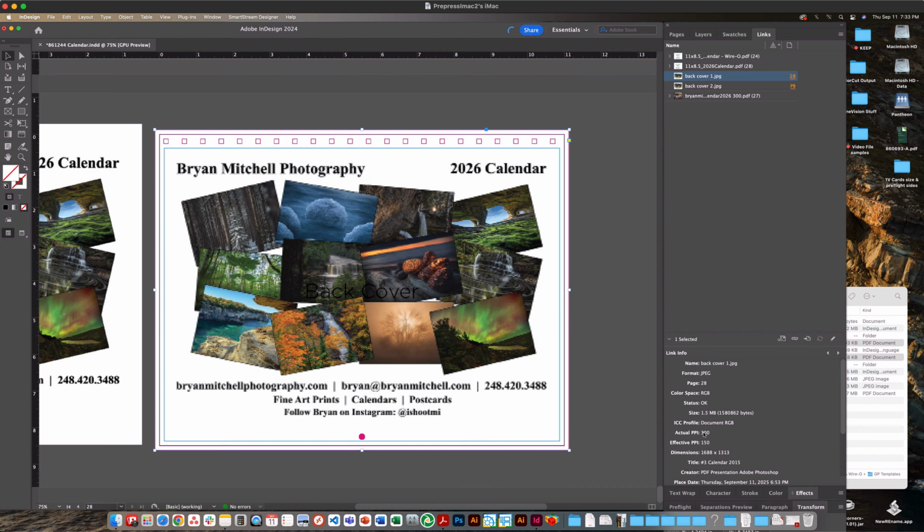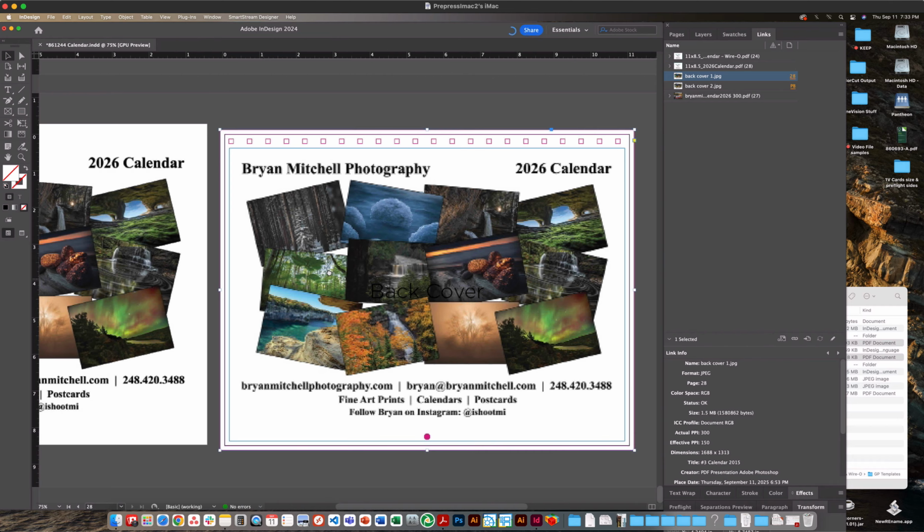The original image is 300 DPI, but it's enlarged 200%, which reduces the DPI by half. So even though the original is 300 DPI, it doesn't matter because it was placed at 200%, which reduced it to 150 DPI, which is considered low res. Anything under 300 DPI is considered low res